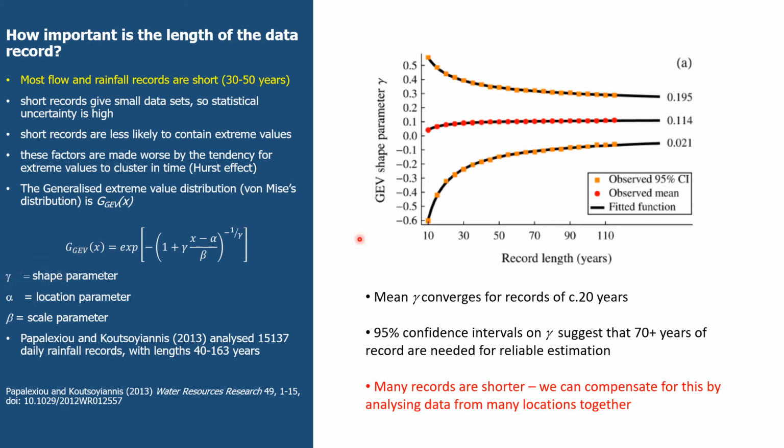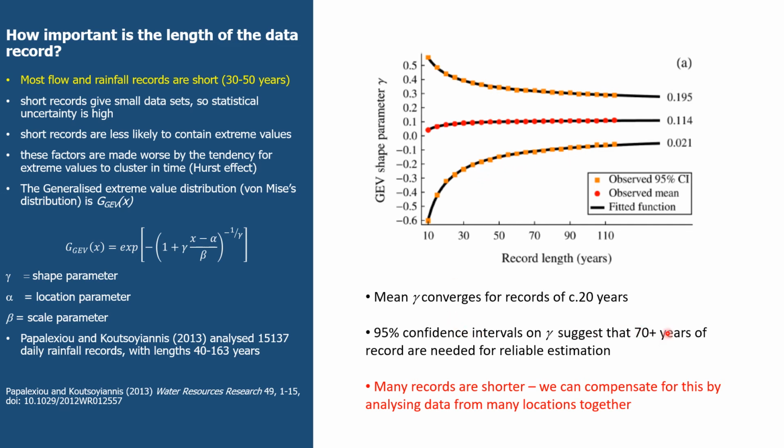And here is a graph of the shape parameter against the length of record with confidence intervals, showing that if you only have a 10-year length of record, the estimate of the shape parameter, the mean, is 0.05, but the confidence interval goes from over 0.5 to minus 0.6. When you get to round about 50 years, the confidence interval's coming down, and increasing the length of record to 110 years doesn't bring the confidence interval down that much. And so they